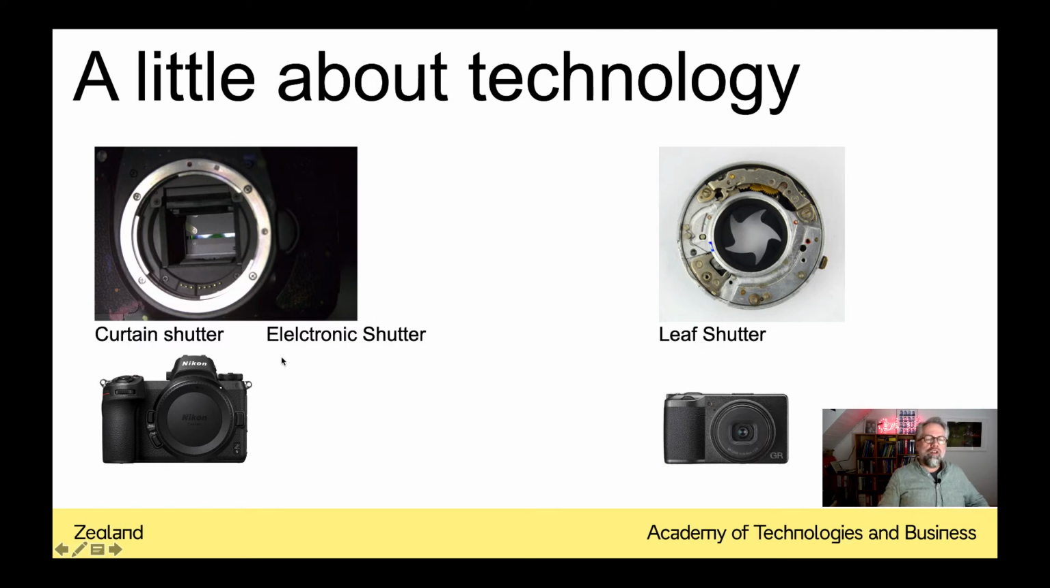It's almost the same with the electronic shutter, but there it's just the closing which is going with the curtain. Here's another example of a camera with a curtain shutter. This is a typical DSLR, but also the good